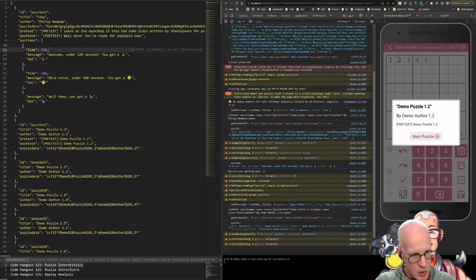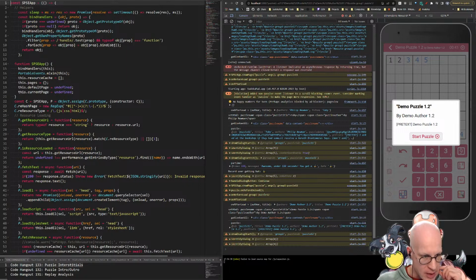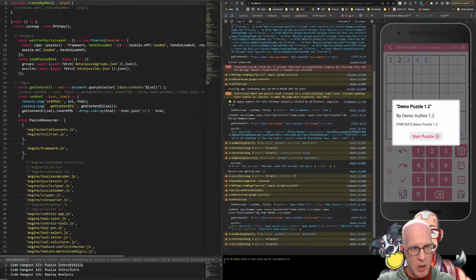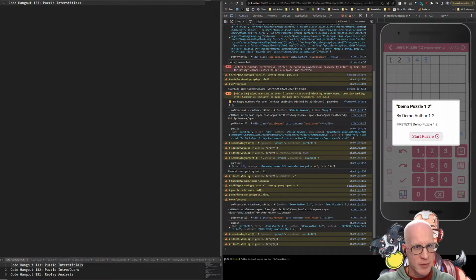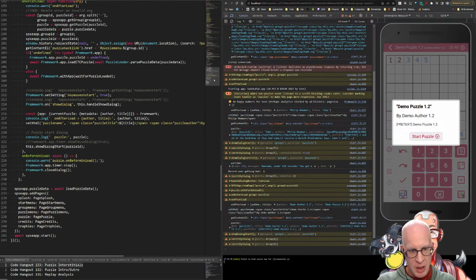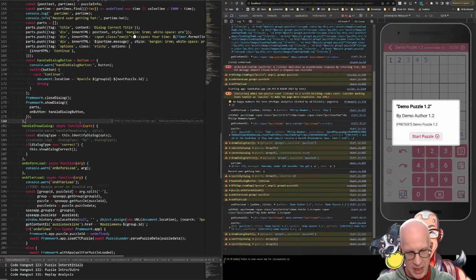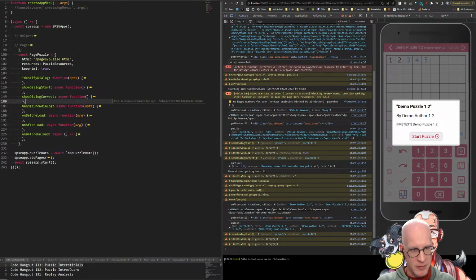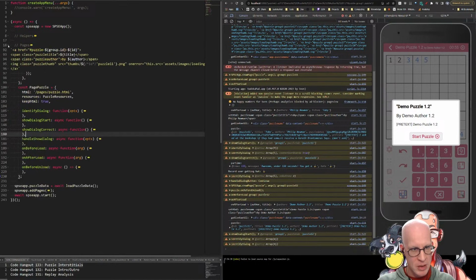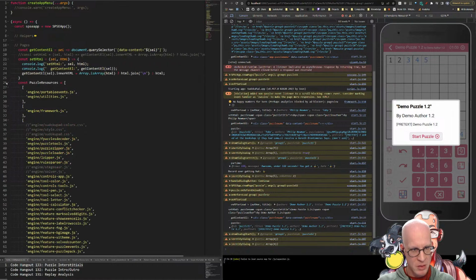So let's have a look where this would go. In fact, we probably want to actually have a page within our app for that. Let's see. So pages go here. And start.js is basically where we have, let's keep that there as a bit of a to-do list, where we define the behavior of the pages, handlers and so on. Pages. Where are all the pages? Page puzzle. I have a feeling